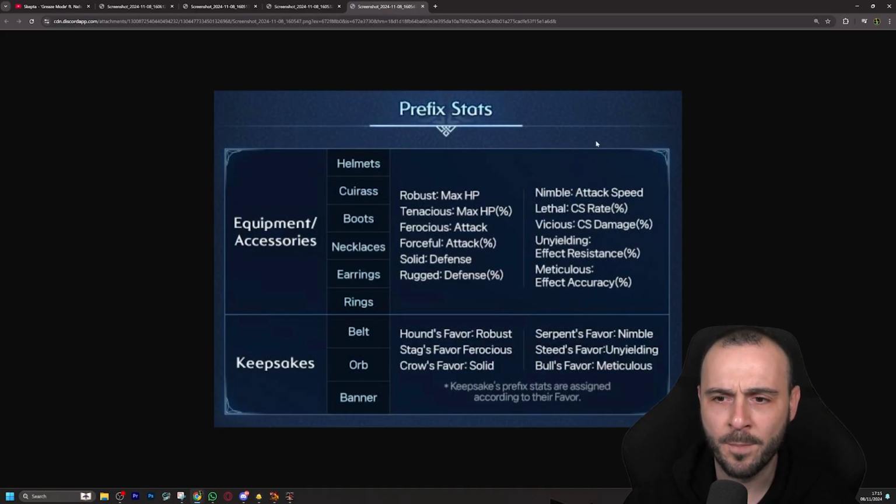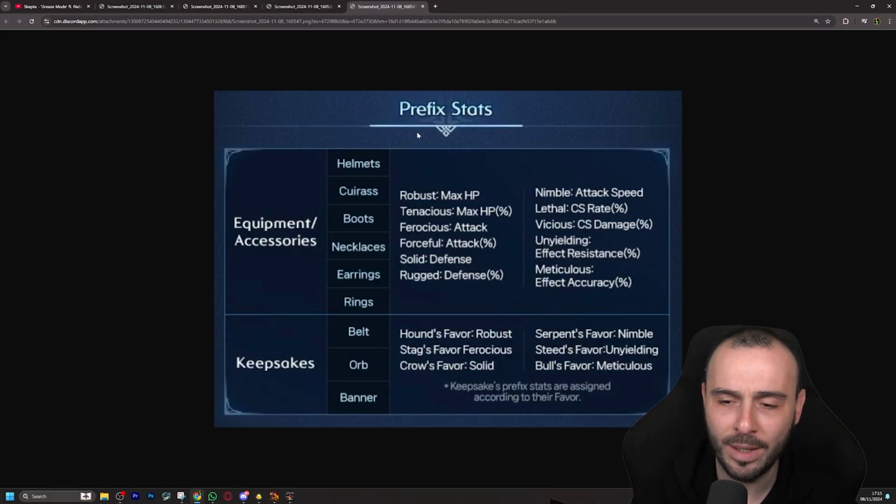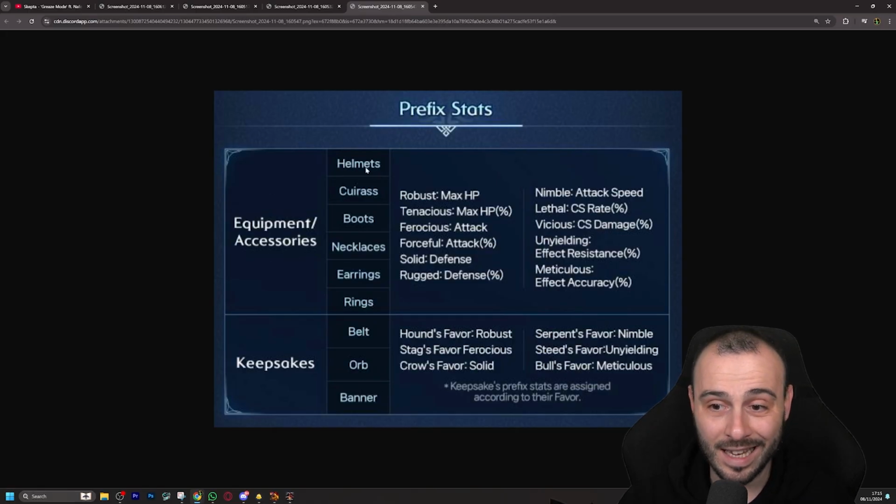Then you have the prefix stats, guys. These are the ones in blue on your gear. Not all of them have it. The main thing is a god roll piece of gear will have prefix stats as well, and you're going to try to follow the right subs as well next to it. But right here, as you may notice, the equipment and accessories together, so all of the 6 top pieces left and right,